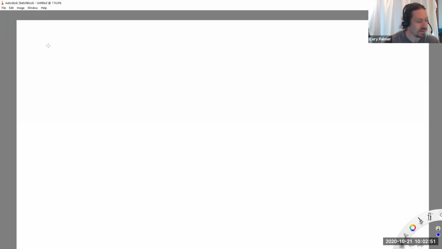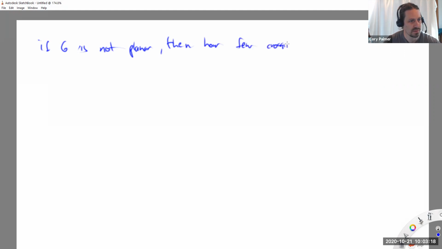So the idea with crossing numbers is, suppose you have a graph that's not planar, then you can't draw it without crossings, right? There have to be crossings. That's what it means to not be planar. But a natural question is, well, what's the best we can do? Let's draw it with as few crossings as possible, okay? So if G is not planar, then how few crossings can we